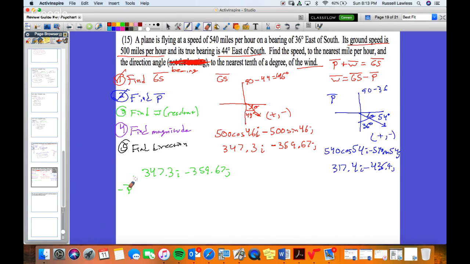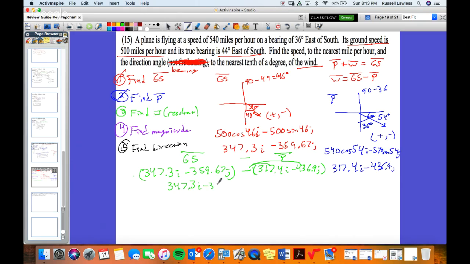When you subtract the vectors, so we're doing the ground speed minus the plane speed, 317.41 i. When you're subtracting, make sure you distribute that -1. So then the wind vector would be